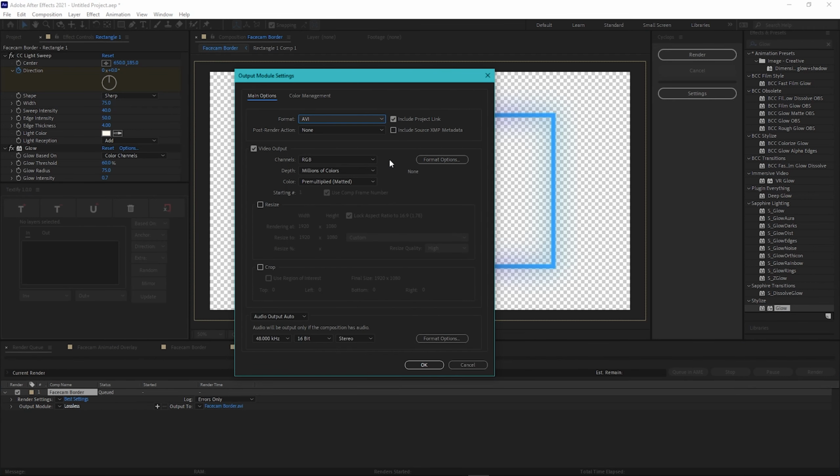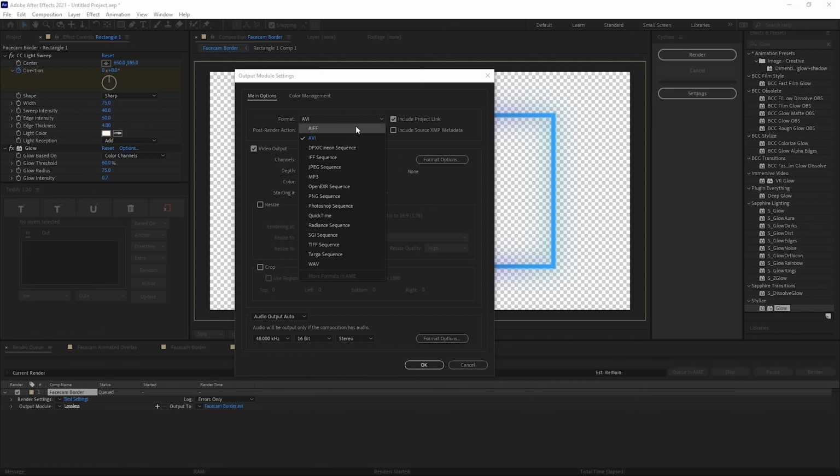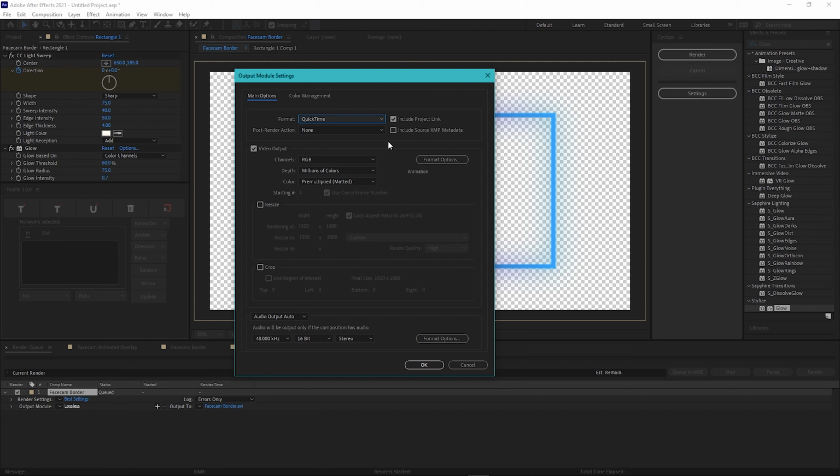Now OBS and Streamlabs do take AVIs for file format, but we're actually going to render in QuickTime, which is another file format that it takes that is overall just smoother and way easier to work with in the actual program. From there on out, we're going to go to channels, click the drop down and change this option to RGB plus alpha. Basically what this option does is it renders the colors all prominent and perfect, as well as the transparency of the face cam. If you only have the RGB, it's not going to render the alpha channel in the back, which is the transparency that we need in order to put our face on the face cam.